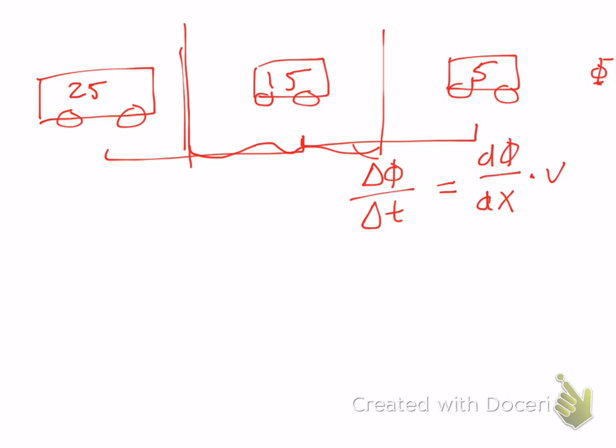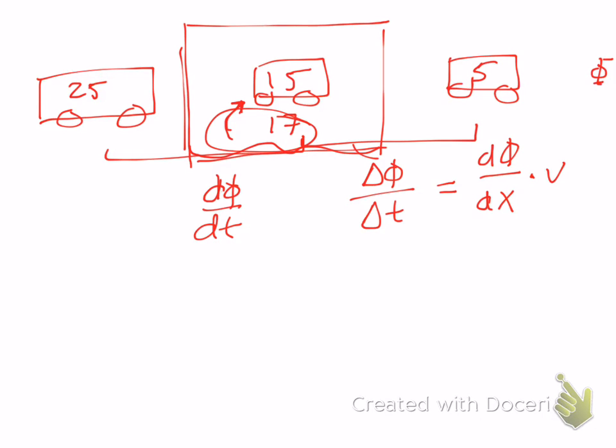So we could also have, say, the middle school bus is the one that her kids get on. So then this bus, by the time it goes through her system, might actually go up to 17, say. This actually is a change through time, d phi dt. That's a direct change in time of the amount of kids within her vision. But this other effect is not due to a change in time, it's due to a change in space that's happening.